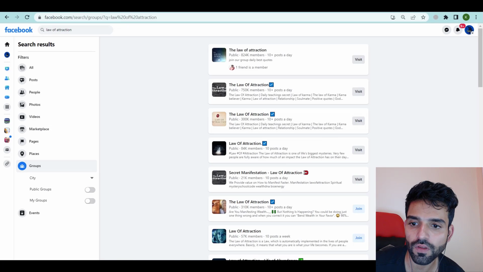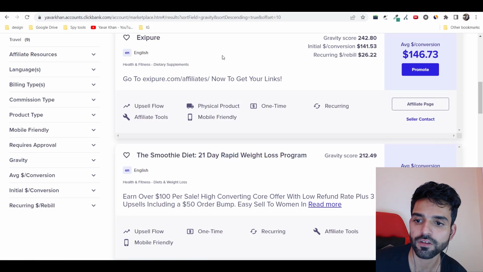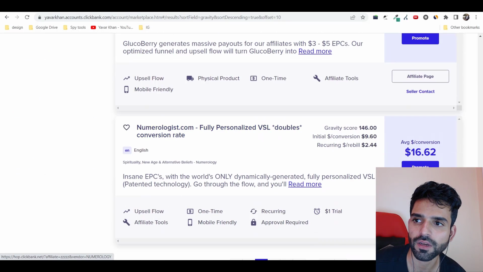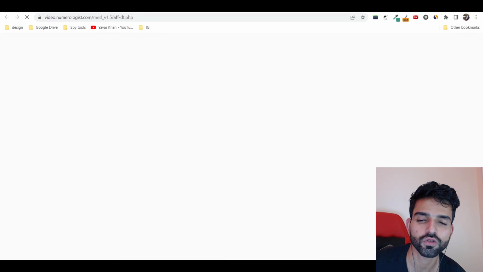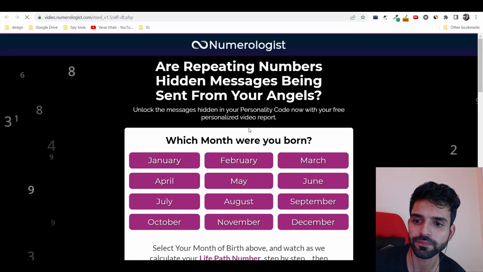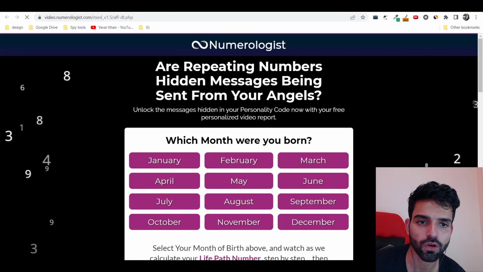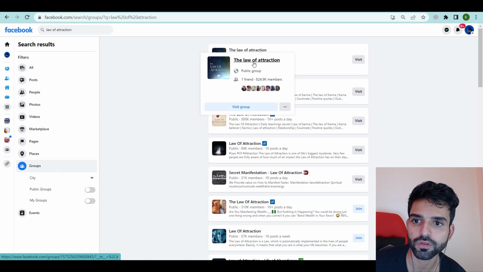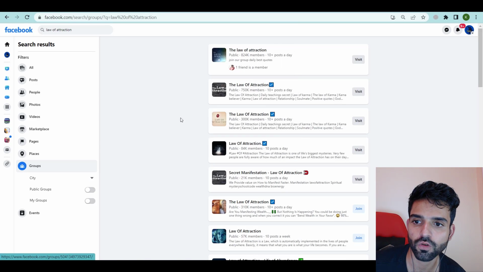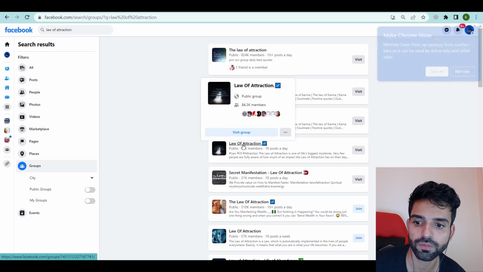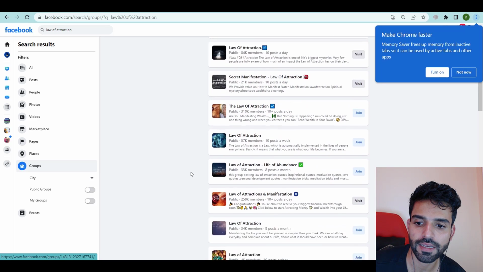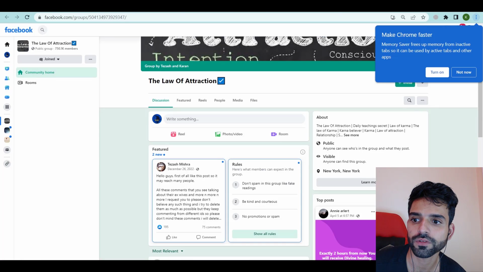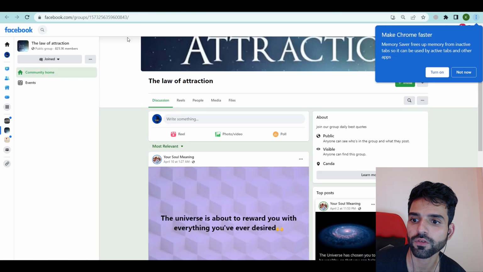So if I go on my Facebook, as I told you, I chose numerology. It shows you something about law of attraction, your personality code, and all of those things. Now all you have to do is join all of these groups, open 5 of them. Don't comment on more than 5 groups, you'll get banned, so just be smart about it. So these are the groups. Now all you have to do is